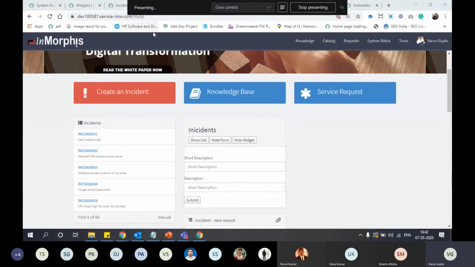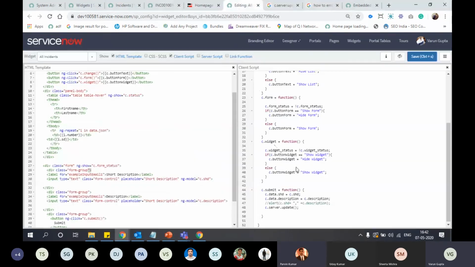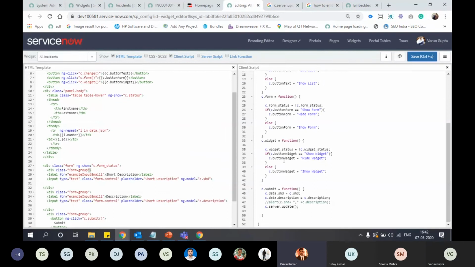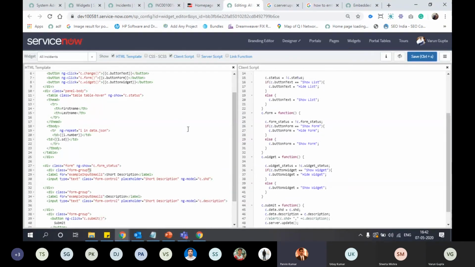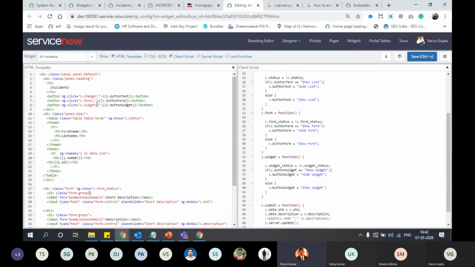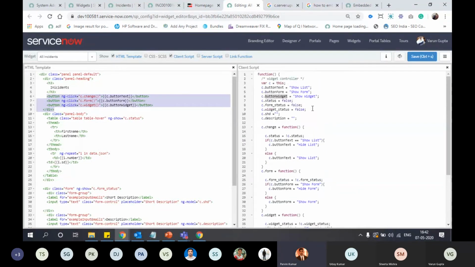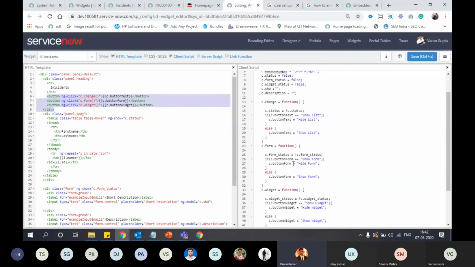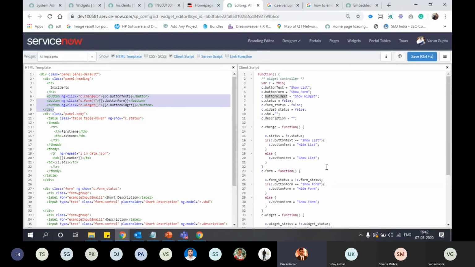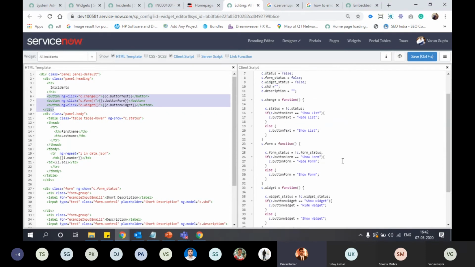I don't know why it is conflicting with this. What I suspect is that when you click on show widget, the data object will be reinitialized and it will remove all the previous values from init. I think that is my observation on this.